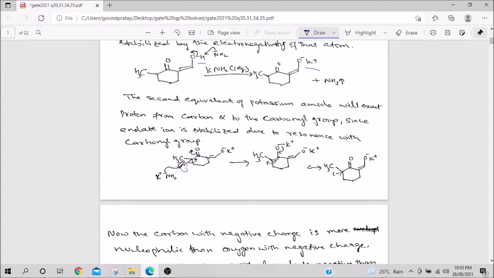Why? Because if you remove this proton, you get a negative charge on this carbon, and if this negative charge is localized on this carbon, it will be very unstable, you understand, because one carbon is having a lot of negative charge, it will go and abstract another proton wherever it is possible. So, that is not stable. But what happens here, it gets negative charge, and that negative charge is getting stabilized here, and so that oxygen also gets negative charge. So, now negative charge is delocalized between this carbon and this oxygen, and oxygen stabilizes negative charge very well, and therefore, this was the second most acidic proton, and that is how it has been lost.